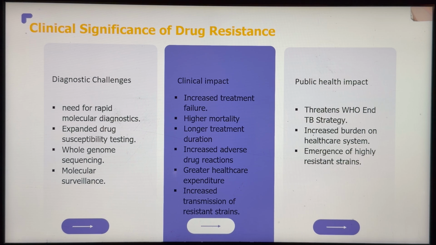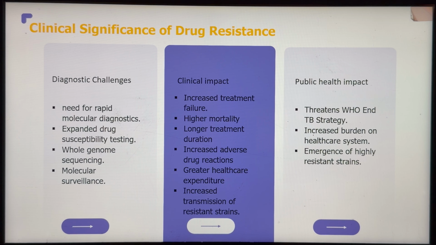Finally, the public health impact is substantial. Drug resistant tuberculosis threatens the success of the WHO End TB strategy. It increases the burden on healthcare systems by requiring prolonged hospitalization, specialized laboratory services, and costly medications. More importantly, continued transmission of resistant strains can lead to the emergence and spread of increasingly resistant forms of tuberculosis, making disease control even more challenging. Therefore, combating drug resistant tuberculosis requires an integrated approach involving rapid diagnosis, effective treatment, strict infection control, continuous surveillance, and